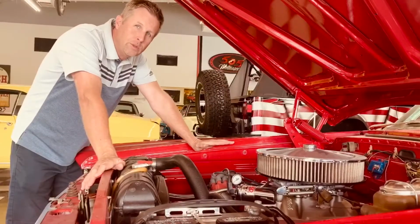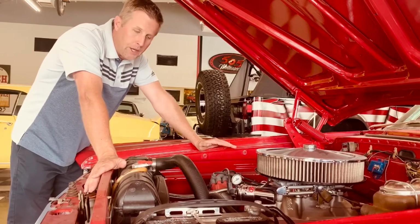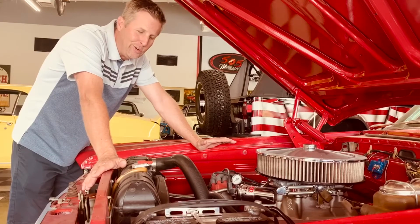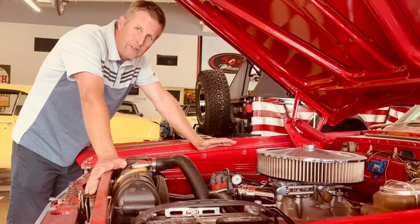So the number two thing that really drew me to this car has been the upgraded 440 motor. This car began its life with a 318. Taking the 318 out and dropping in a built 440 motor, pumping somewhere around 500 horsepower, built by a professional company called Gates Racing. This thing really thumps. The sound is amazing. Lighting up the tires through third gear,